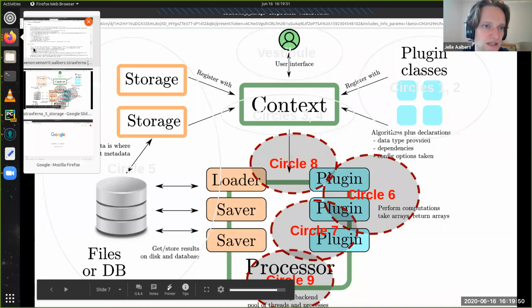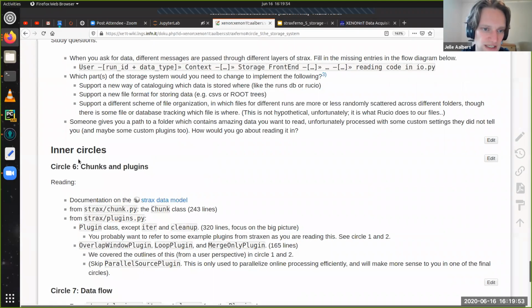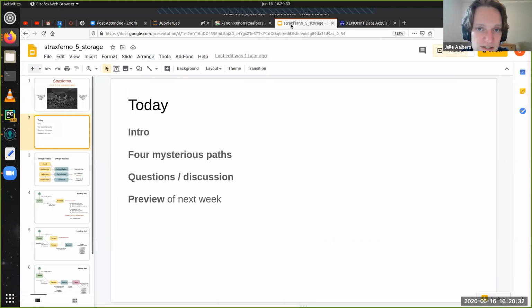So specifically next week, we'll start looking at chunks and plugins in more detail. So we'll read the chunk class and the plugin class, except for 2 methods, which we'll focus on next week. And we'll look at how the different plugins are implemented. So I'll try to add a few study questions, but the idea is that you bring your own questions and we discuss them, or else we don't have much to do. Okay, so that's next time, chunks and plugins. That's, I think, all I had for today.